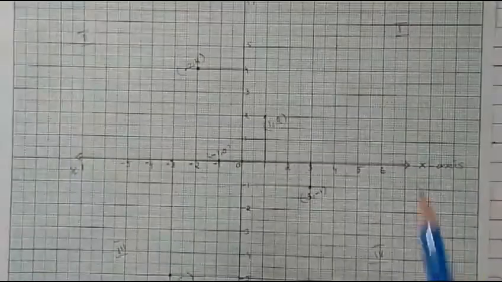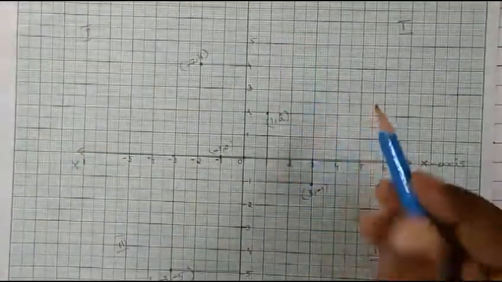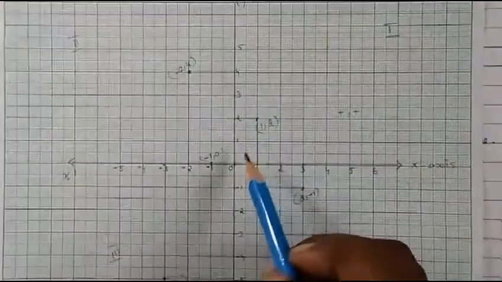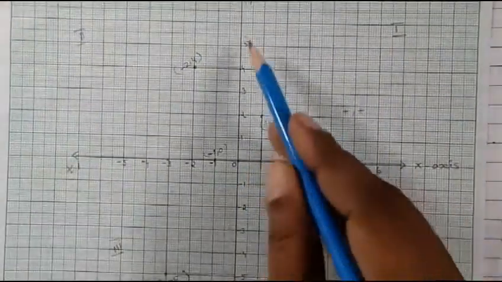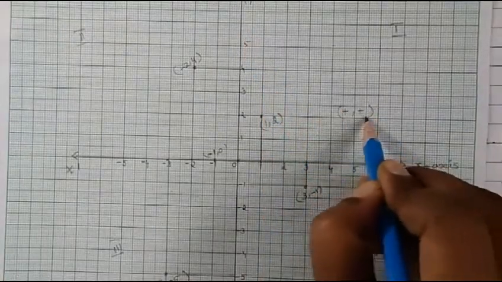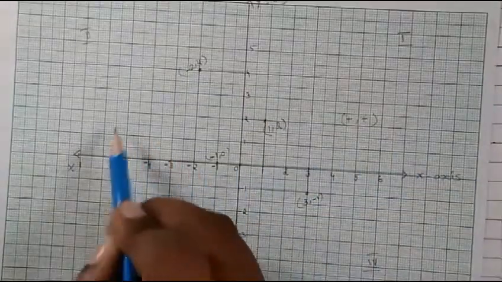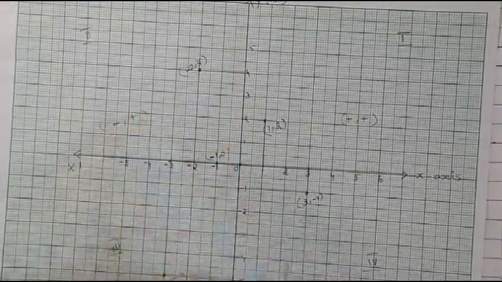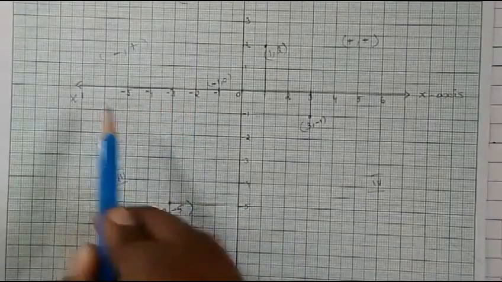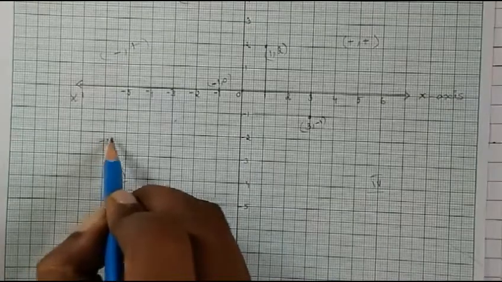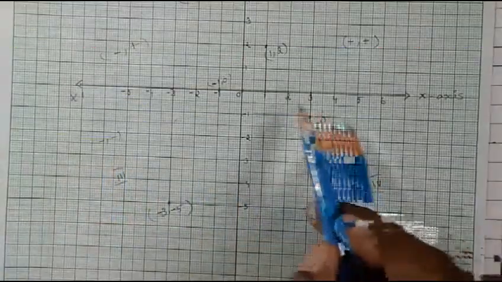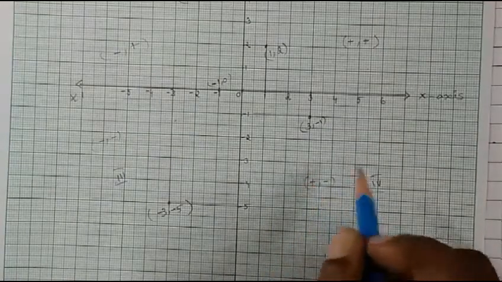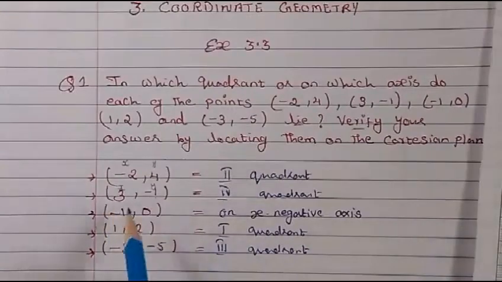So you can imagine the whole axis. You will know this is the positive direction and this is the negative direction. So for x it will be positive, for y it will be positive. Sorry, this is positive for x and this is positive for y. So both will be plus and plus. And here, for x it is negative and for y it is positive. And here x is negative, y is also negative. This will be minus and minus sign. And this is for x positive and for y it is negative. So it will be plus and minus.